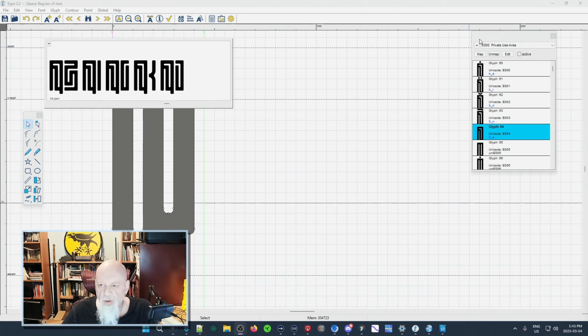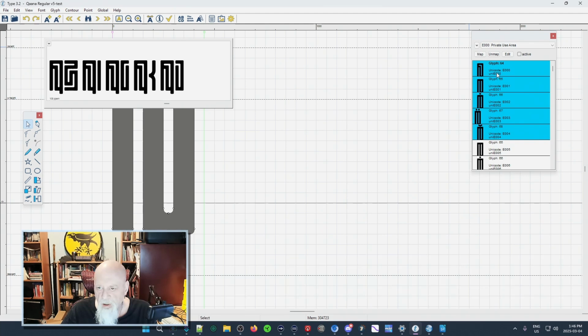And what I had to do was go up here and select private use area and select those glyphs and assign a Unicode value to them. So if I select this one here, which was the first one listed in the font, I went down to here and had to map them. And when I clicked, I hope I'm not going to screw this up. When I clicked on map,